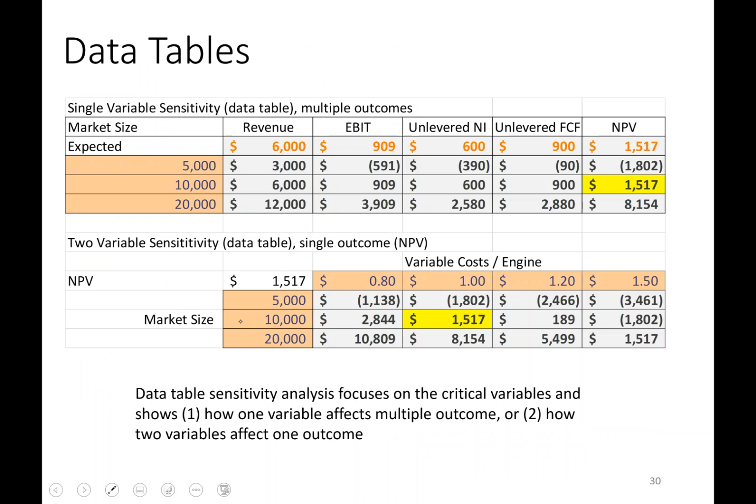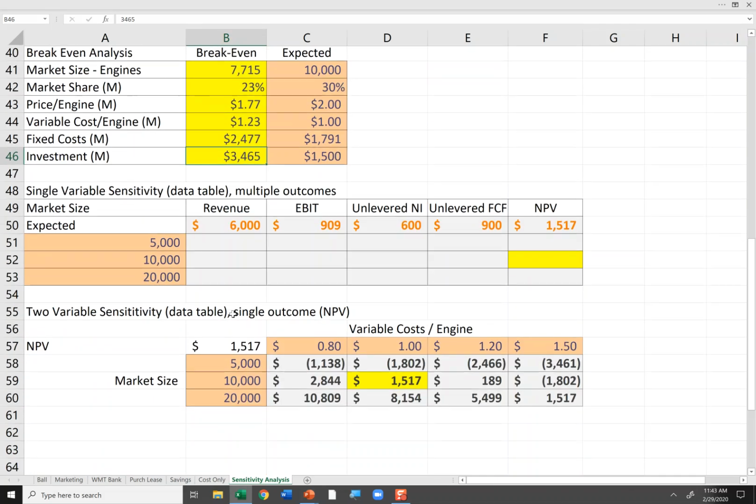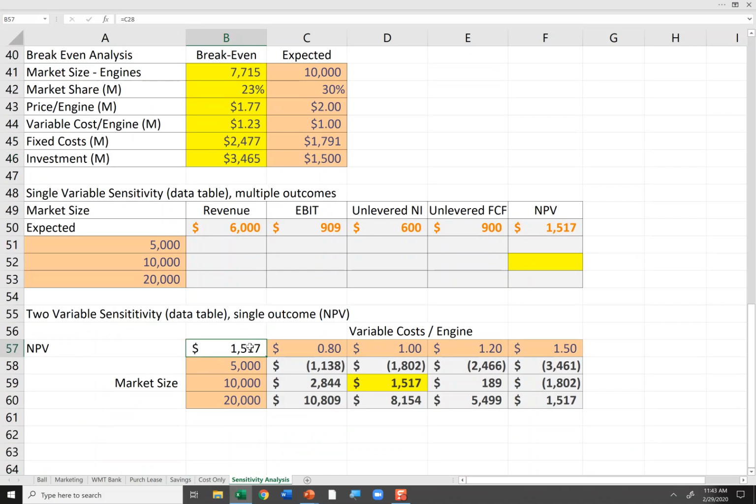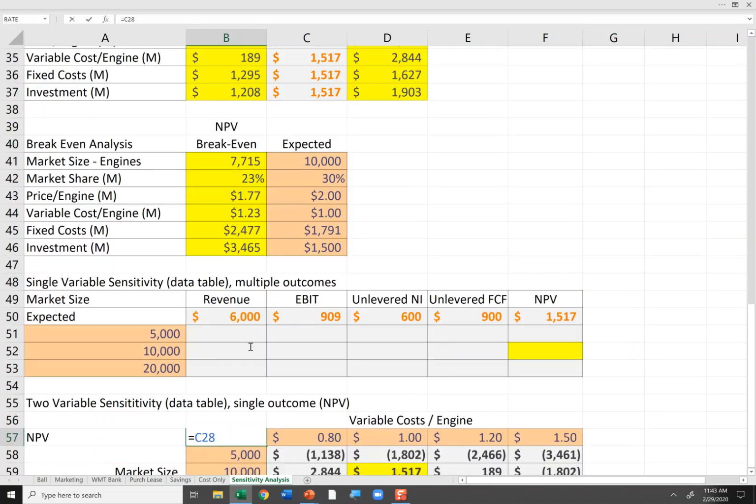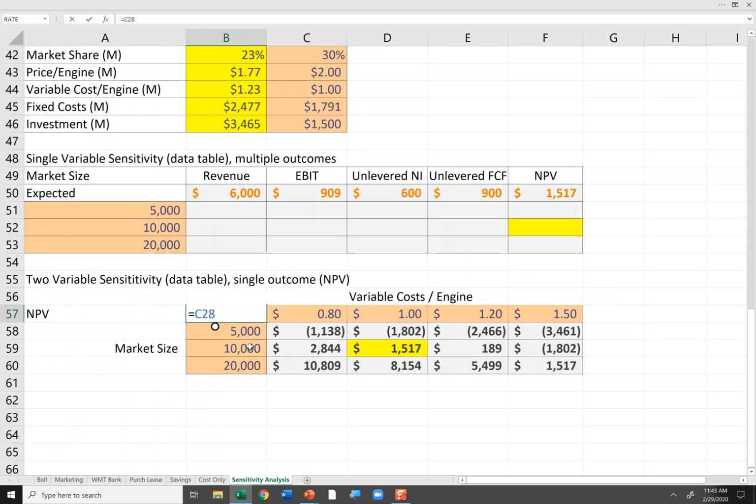And then lastly, let's do a couple of data tables. I've done one data table for you because we've done data tables like this before. I have a link to the base case NPV. I then would select this area, and I'm going to change variable cost per engine from 8.8 million to 1.5 million, and market size from 5 to 20,000. I would select this area, go to data table, where it said row variable, I would put in the base case variable cost. Where it said column, I would put in the base case market size,